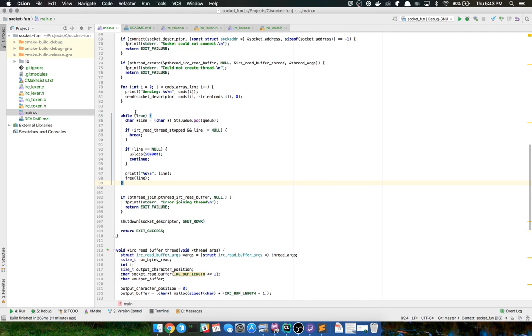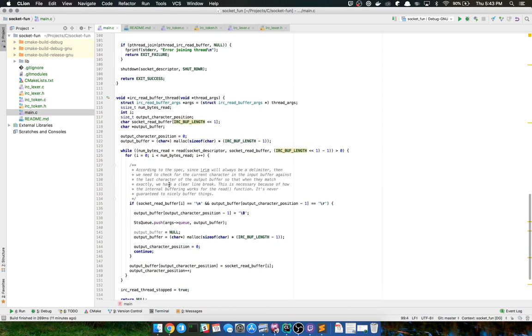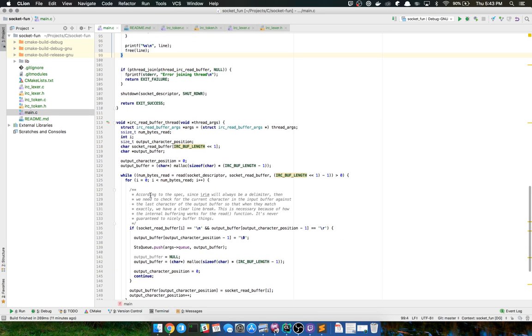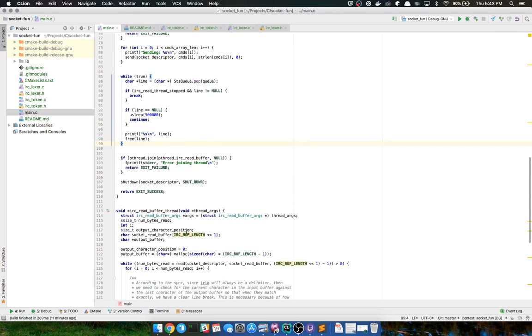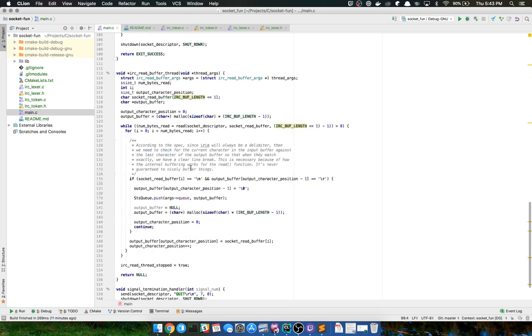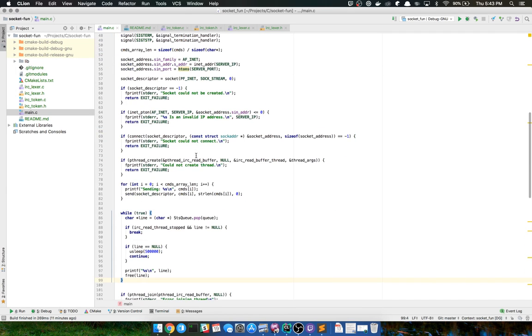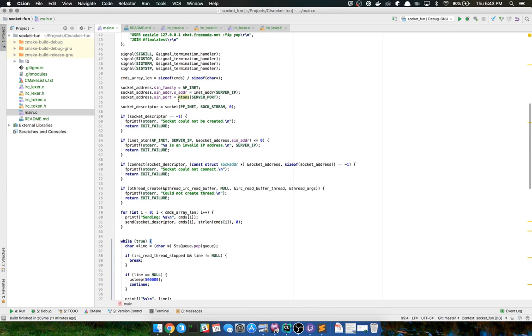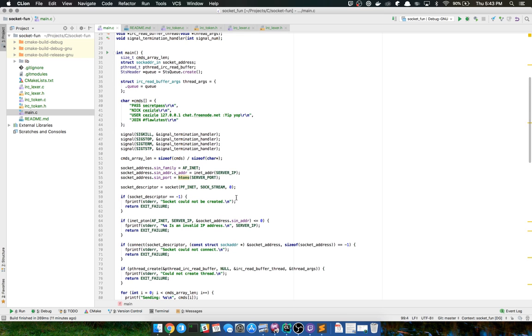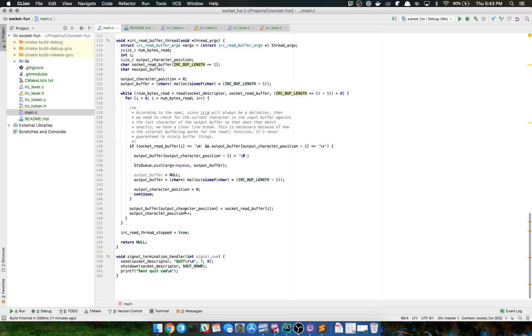The only concern I really have here is dealing with the thread issues. What I could do is make this thread be a part of the lexer functionality itself, so that way I can get it out of the main functionality. But the problem there is I need to somehow get the socket connection in. So I don't know if I want to extract this out or abstract this out just yet.